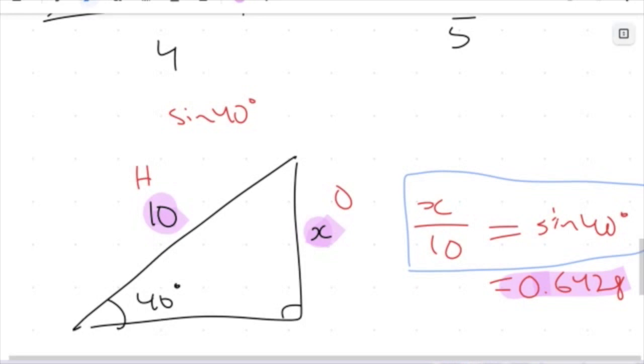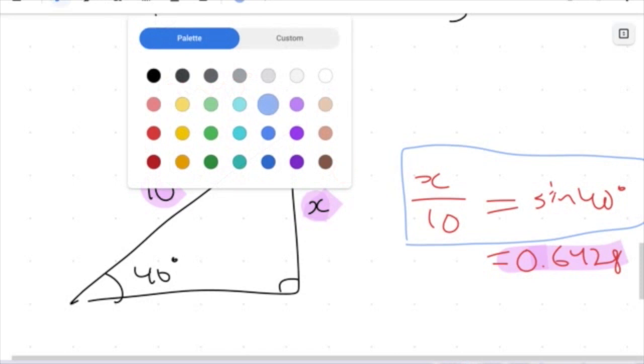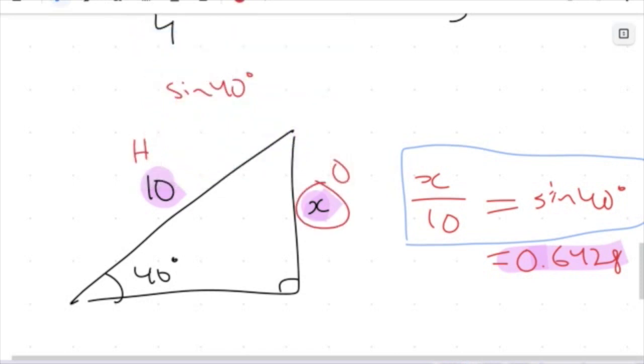triangles. And this idea opens the door for us, because we're looking at ratios. I can have ratios between any two sides, or fractions with any two sides, like I have here. I can change the numbers, I can change the values, but it's always going to be equal to whatever sine of 40 is. And we're going to explore this a lot more in the next few